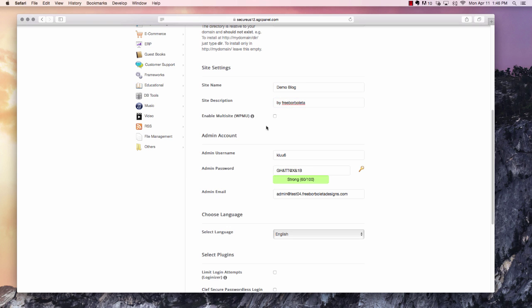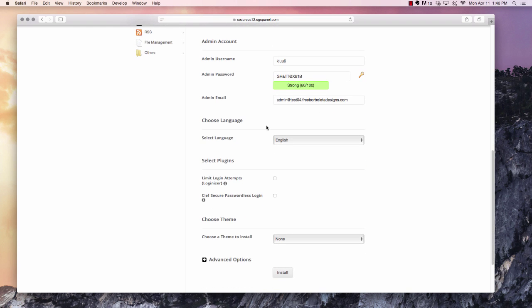Leave this blank. Then you'll choose your username. This is very, very important. Most hosts and most installers will give you the admin username. So instead of that, it will just say admin. It is very, very important that you change this. Why? Because